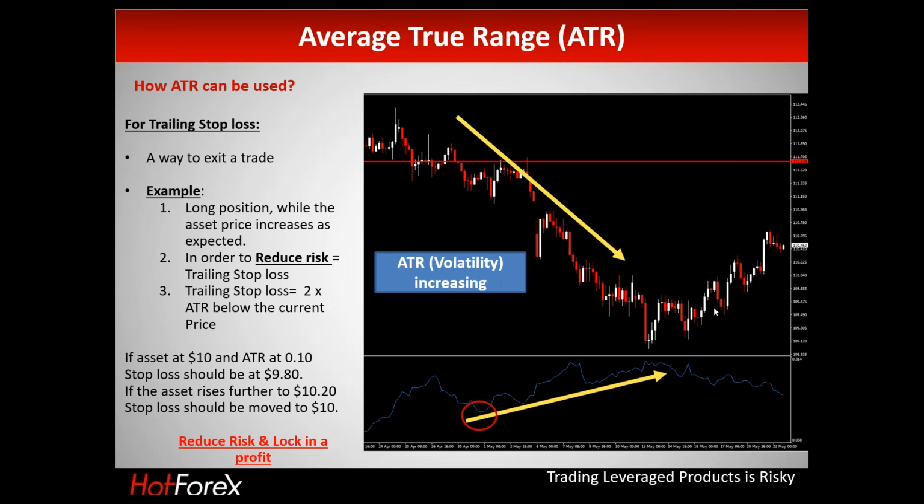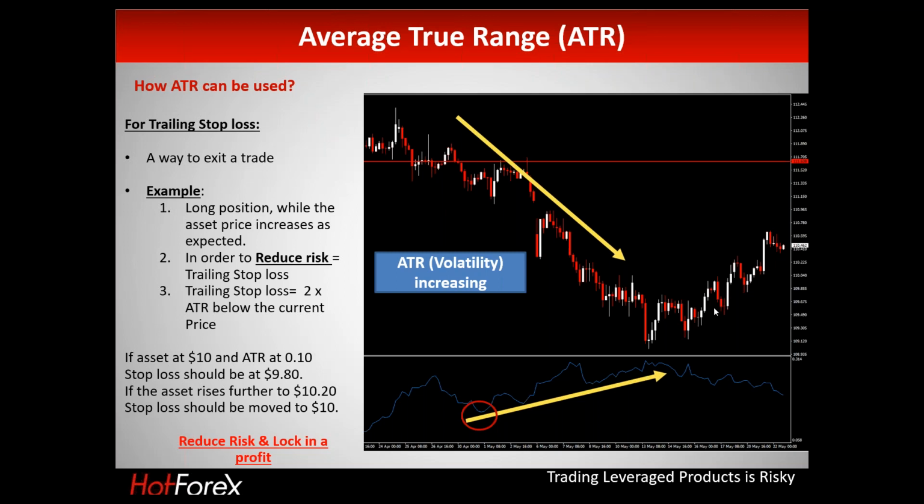That's why we say it reduces the risk, because it moves along with the price and locks in the profits for us. The same process works for short trades: the stop loss is only moved down as the price is moving lower, so it moves along with the actual